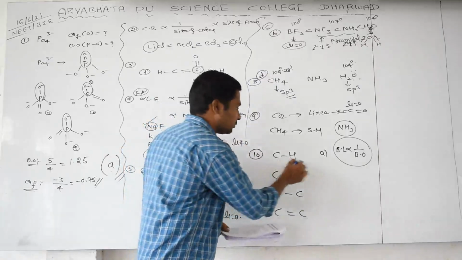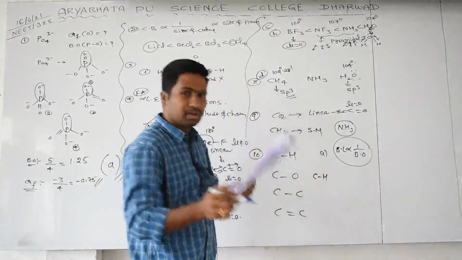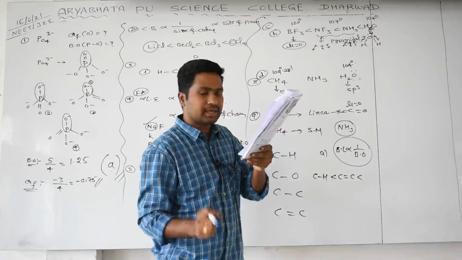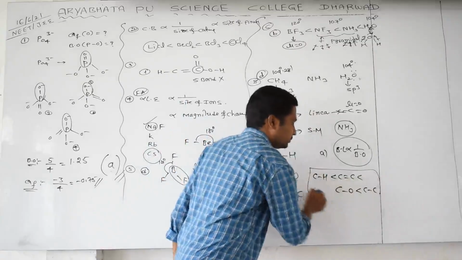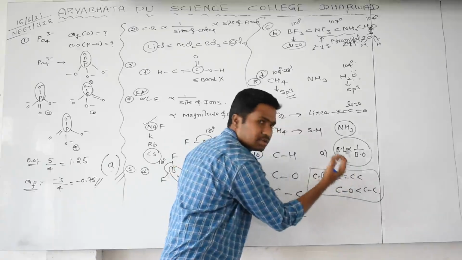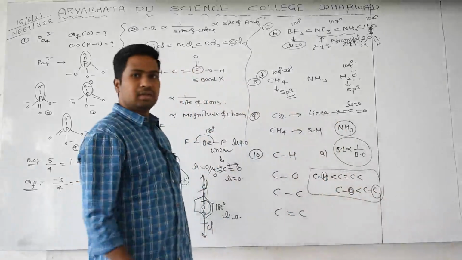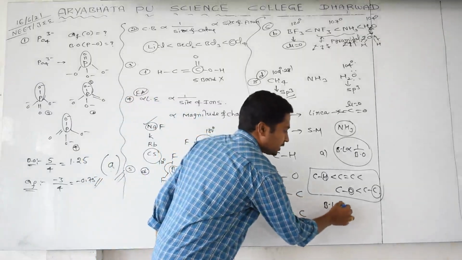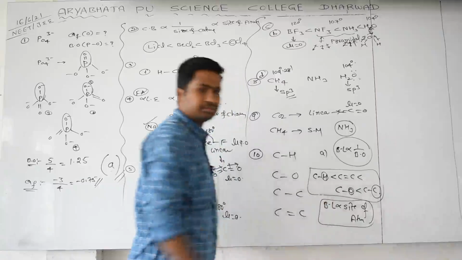Increasing bond length means, yes, you can take it. CH is very small because of the small size of hydrogen. After that, the C double bond C will be coming. After that the single bond, and the bigger-sized one is the CO bond, and the highest is the CC bond. You know very well why, because it has a very small size. Here a double bond is there, that's why somewhat less. Here very small size and here a little bit bigger size. So the size of the atom is directly proportional to bond length. Bond length is directly proportional to the size of atoms. It's a very simple thing.